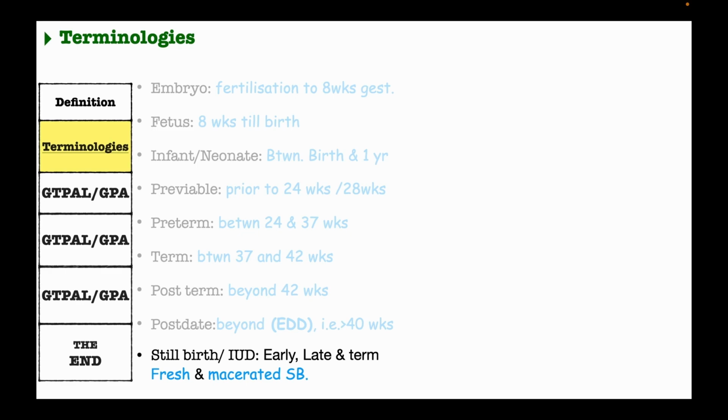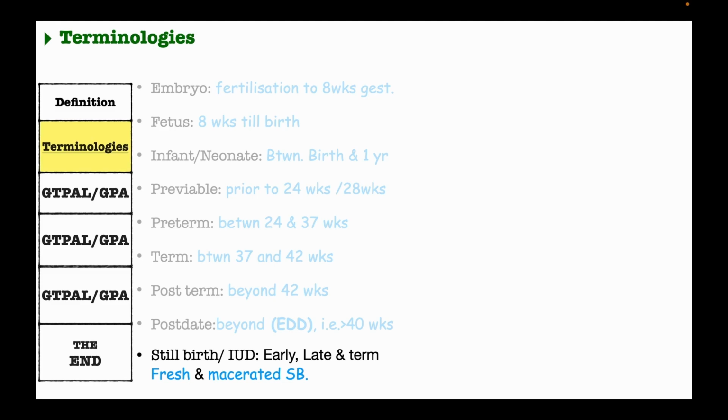A fresh stillbirth is the death of a fetus during labor or delivery, whilst macerated stillbirth is the intrauterine death of the fetus before the onset of labor, where the fetus now shows degenerative changes, and so you may find the skin peeling off, and also some other parts of the baby becoming necrotic, and even